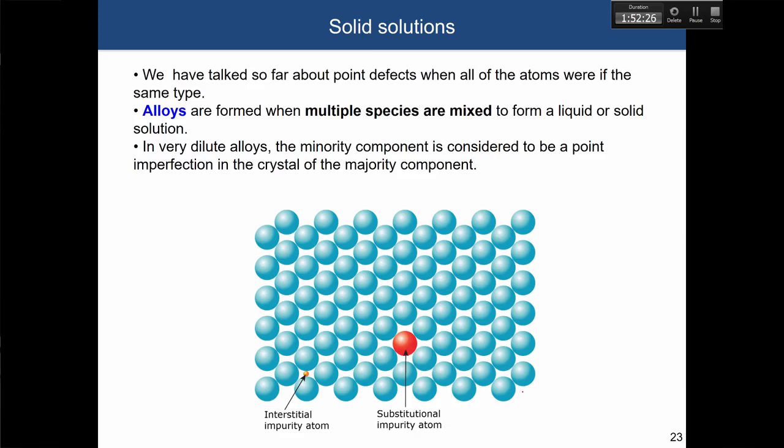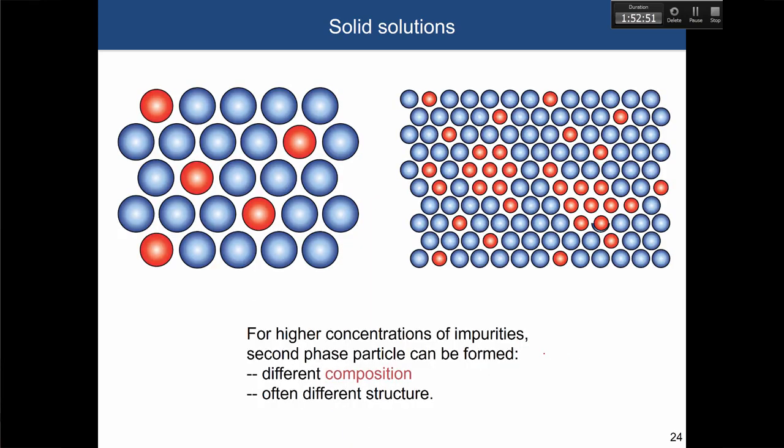So we mostly talked about metals and removing individual atoms. But if you have solid solutions, what that means is that you're simply introducing different types of atoms in the crystalline structure. An example here would be copper in nickel as the substitutional impurity, or we already mentioned carbon in iron as